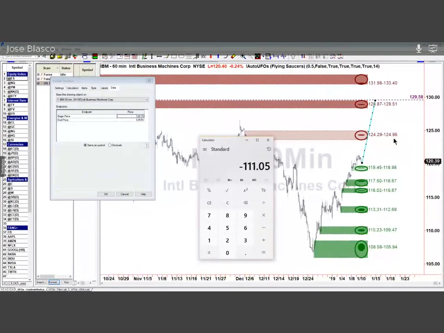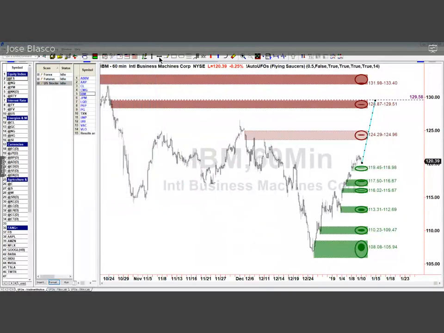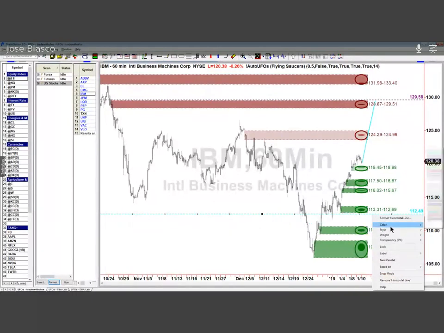I will bring my lower boundary to 111. Okay, 111, which is somewhere here. Now, at 111 I'm in the middle of the white space. If you were to tell me that you don't expect the stock to get there, I would be much, much happier. Why? Because even though it's higher,